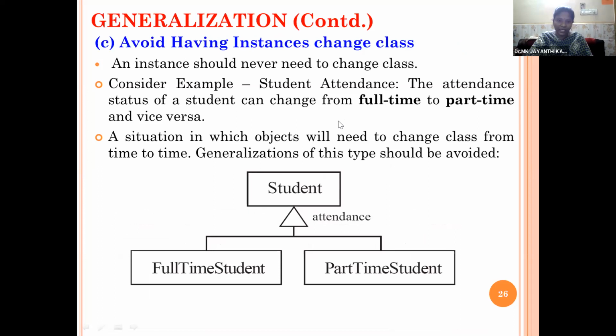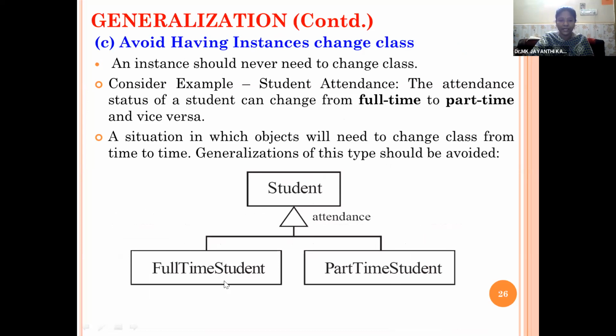The same way, avoid having instance change in the class. An instance should never need to change the class. Consider the example of student attendance. The attendance status of the student can change from full-time to part-time or vice versa. A situation in which an object will need to change from time to time, generalization of this type should be avoided. Say for example, we have the student.